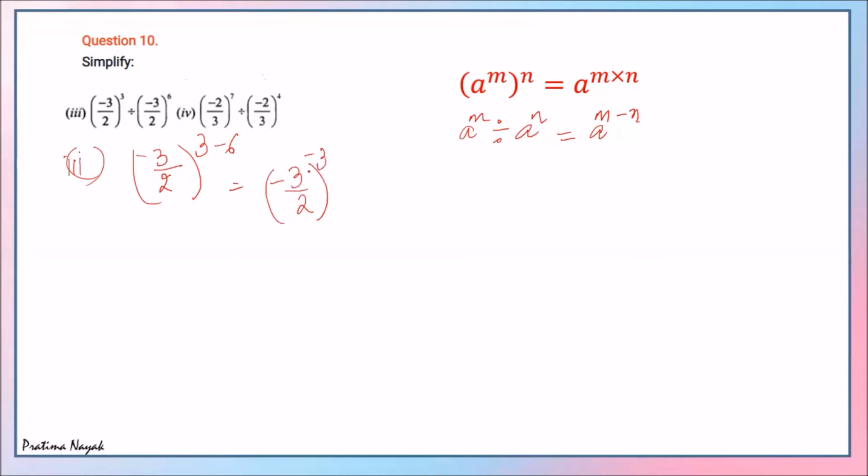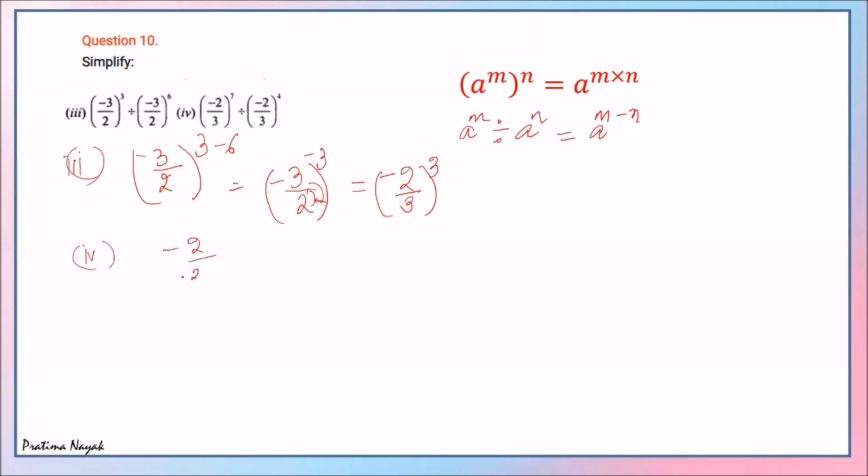And do we keep the answer in this way? No. We keep the answer as positive power. So what I'll do, I'll change the numerator and denominator. So when I change, where I keep the negative, I'll keep it in the numerator. So it will be minus 2 by 3 to the power 3. Whenever you have a doubt, you cannot understand, pause the video and see again and again, you will understand better. So now the fourth part is minus 2 by 3.